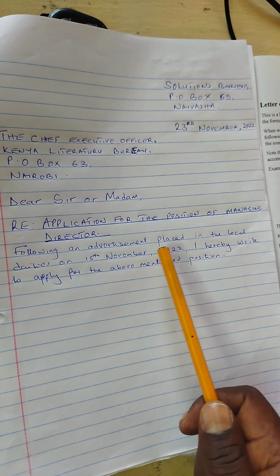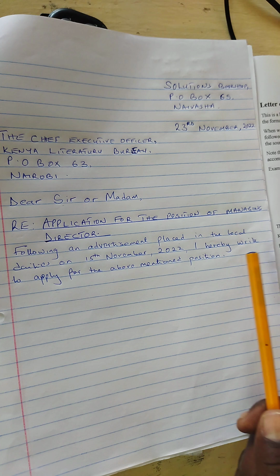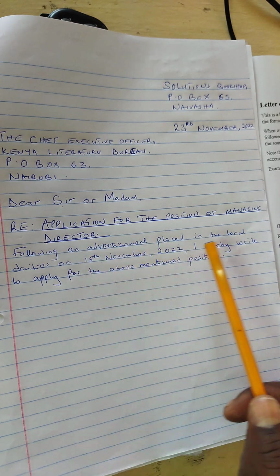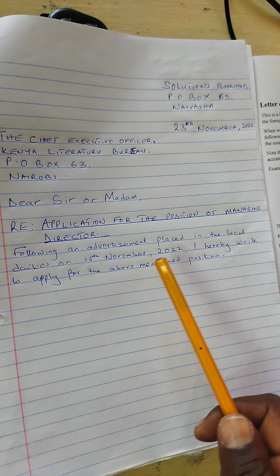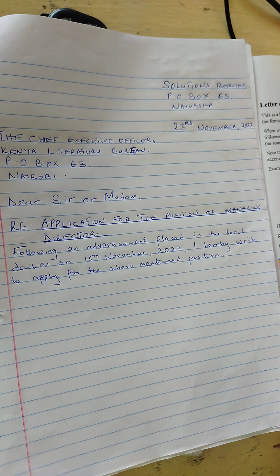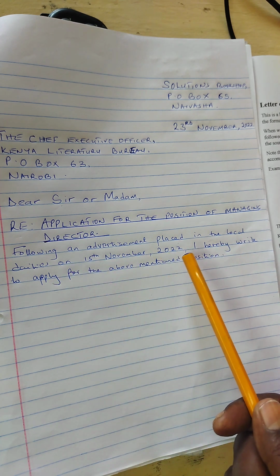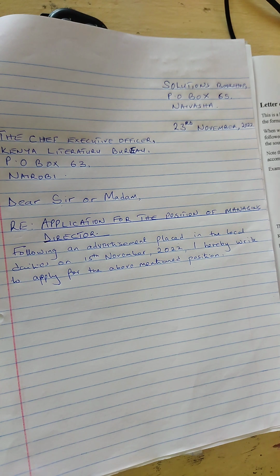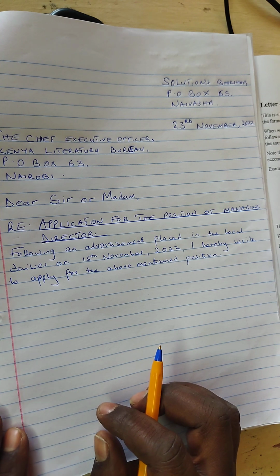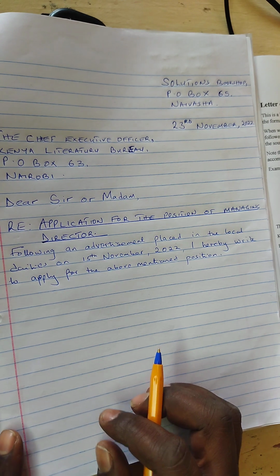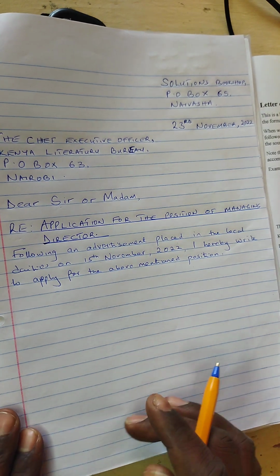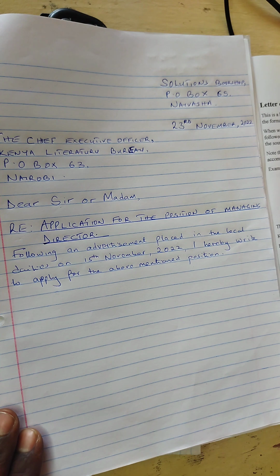Now I have said the first paragraph is technically supposed to say why you are writing the letter, and in this case you are writing the letter to apply for the position, and you should say the background. What made you write the letter? In this case, it was an advertisement that was placed in the local dailies. After that, you will skip a line and write the second paragraph, which is usually the longest, in which you are going to back up your case. You're going to say why you think you should be given that job, and you will also mention your